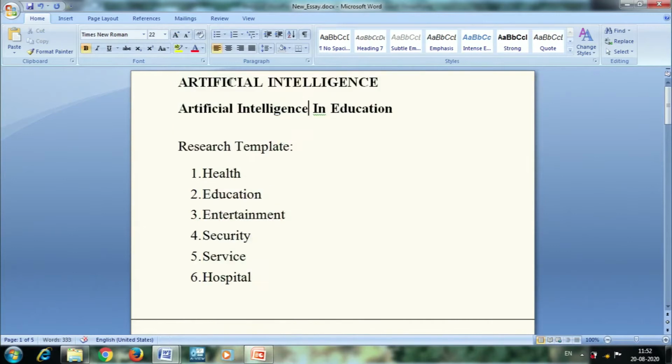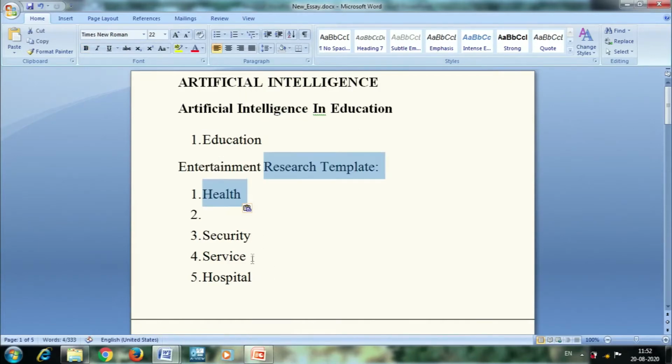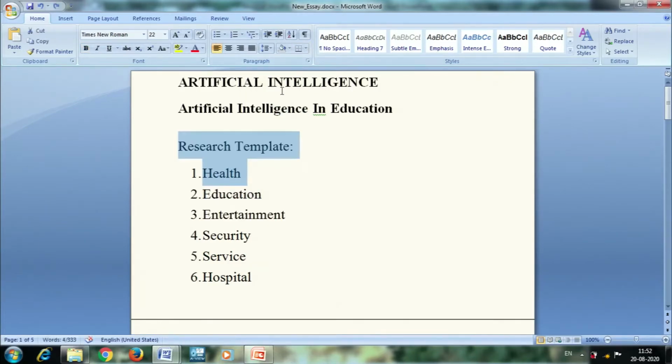Some of my contents are in full capital, and here only the first letter in each word is capital, and the rest of the alphabets are in smaller case. If I want to make changes like this, how can I do it? Suppose I want to display this word in full capital. How can I do it?